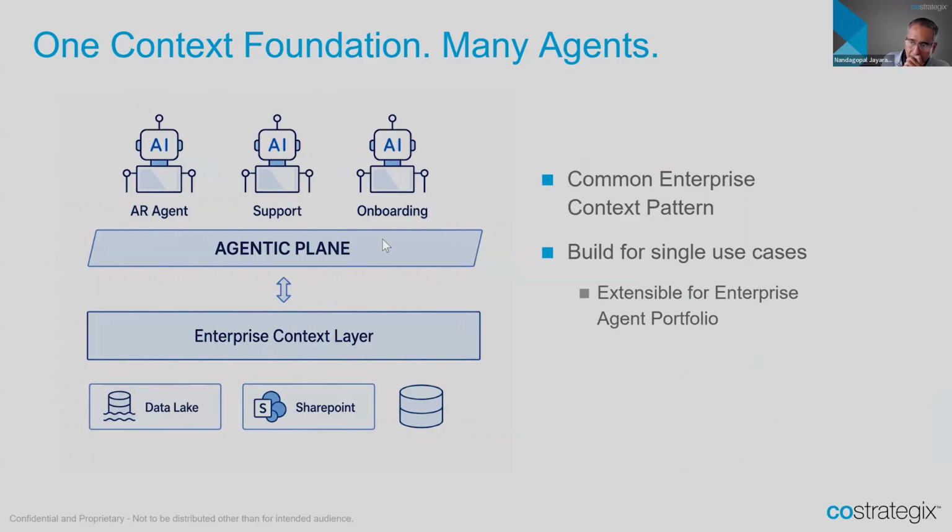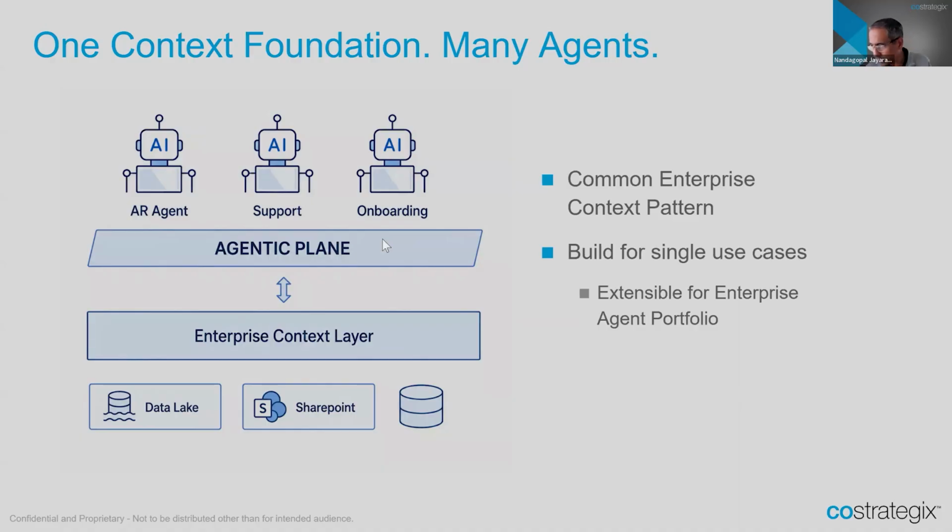So you want to have a common context pattern for not just that one agent, but for many agents that will come. So you want to use one agent to kind of back into a context layer. But as you're adding agents, you're not fragmenting that context assembly. You're kind of bringing that together, right? And so it just begins to form and become part of the rest of your ecosystem.